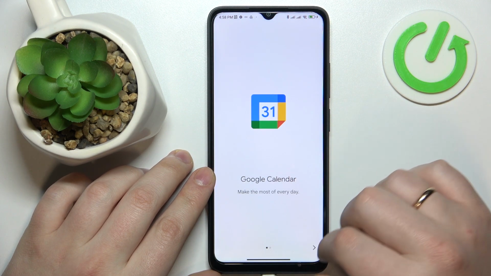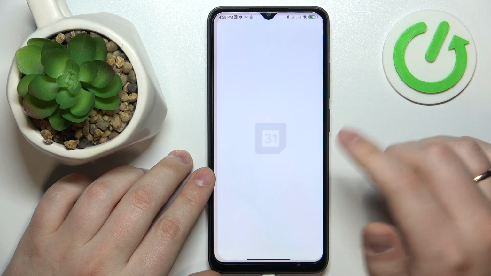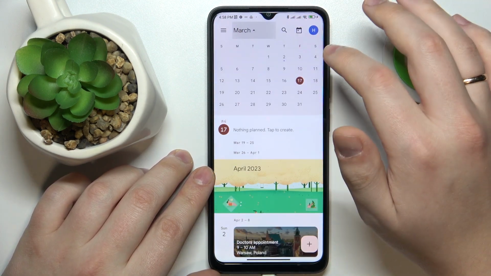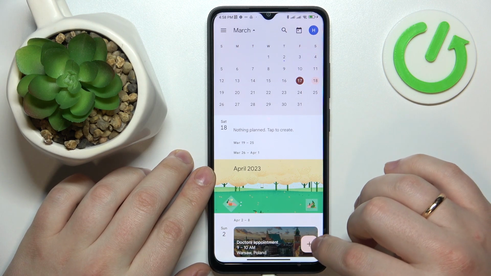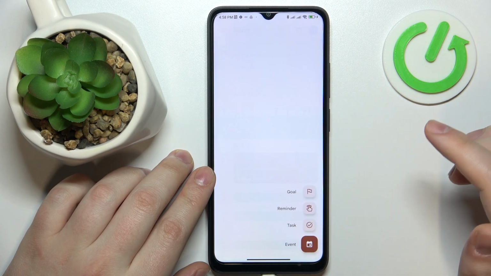Then, choose the date that you would like to create an event on, or for. So let's say I'll go with 18th of March. Then, at the bottom right part of your screen, tap at this plus icon, choose the event option from the